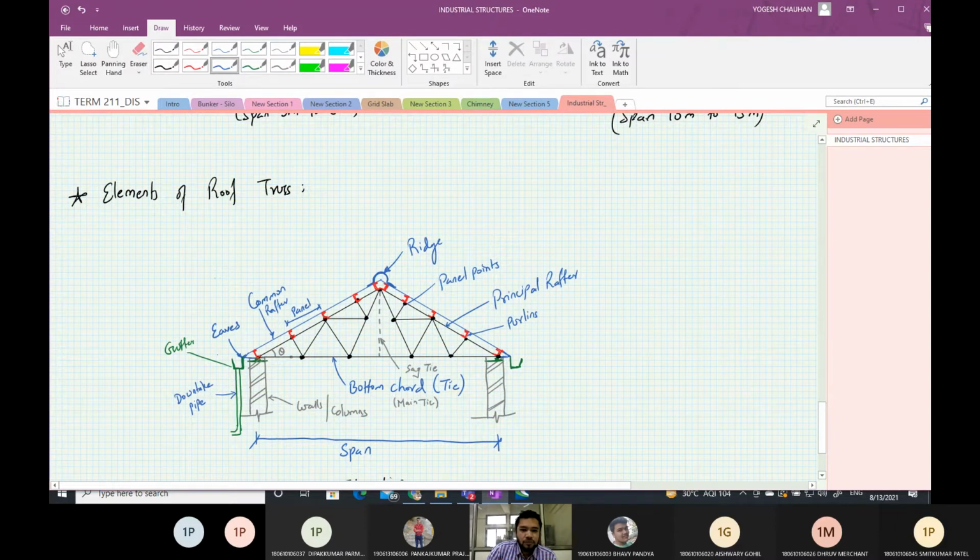This distance from here to this is called rise. The rise and span decide the pitch of the truss.